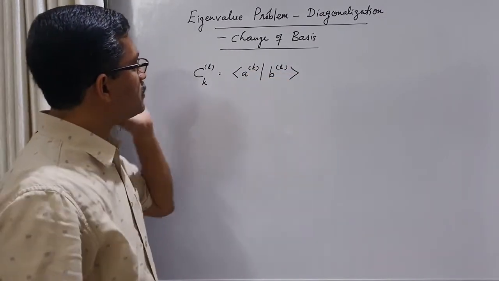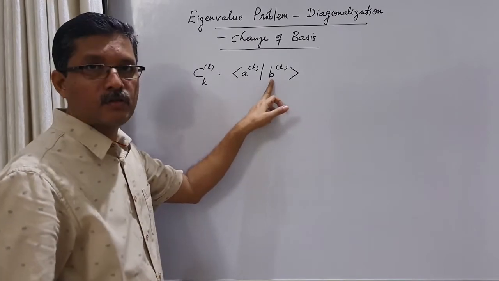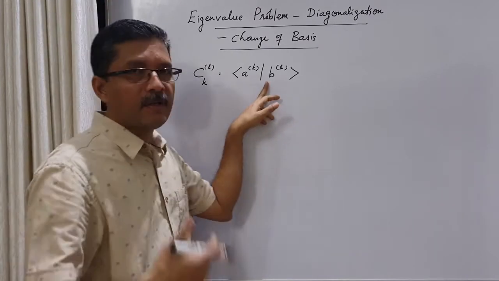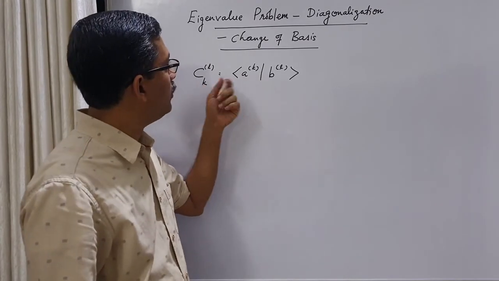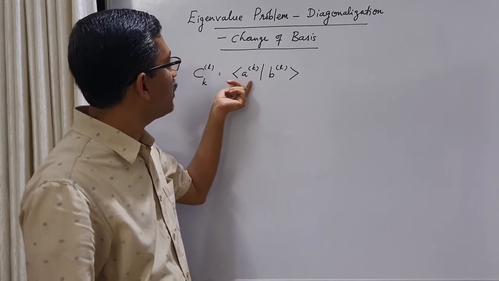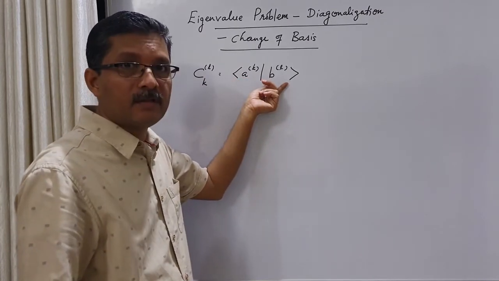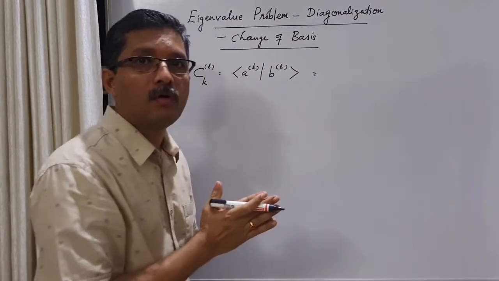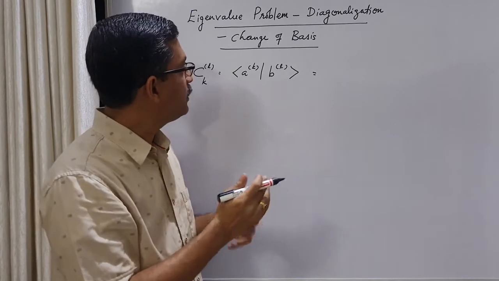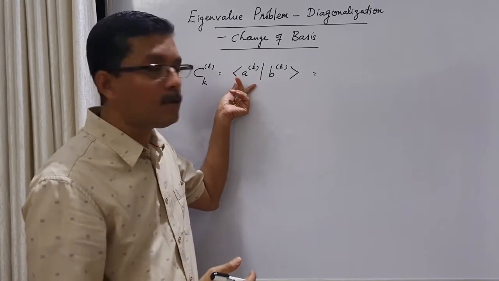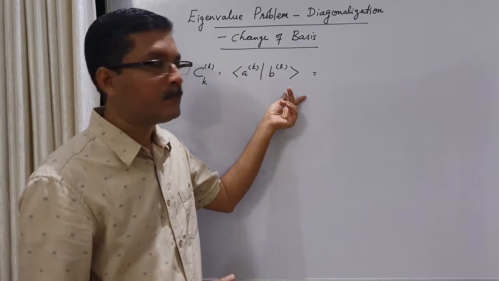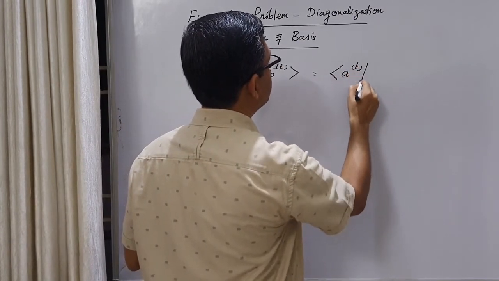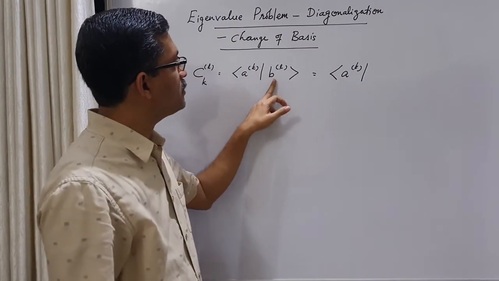Okay. In other words, these are the components of the eigenkets of B in the old basis |a_k>. But this expression, in the previous class we have seen that when you have this type of an inner product where the bra vector is the old basis and the ket vector is the new basis, you can express this as the matrix element of the unitary operator that produces the change of basis from the old basis |a_k> to the new basis |b_l>. In other words, you can write this as bra <a_k| and this new basis ket |b_l>.